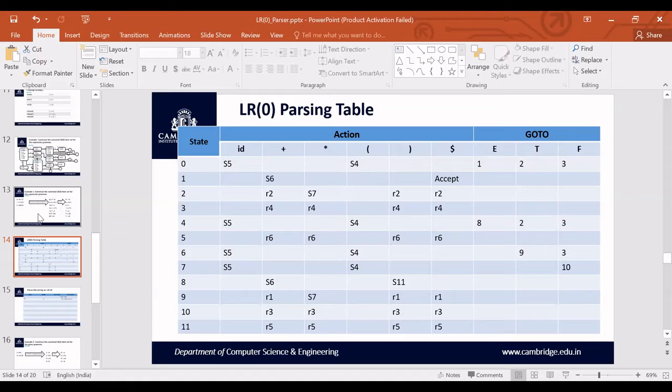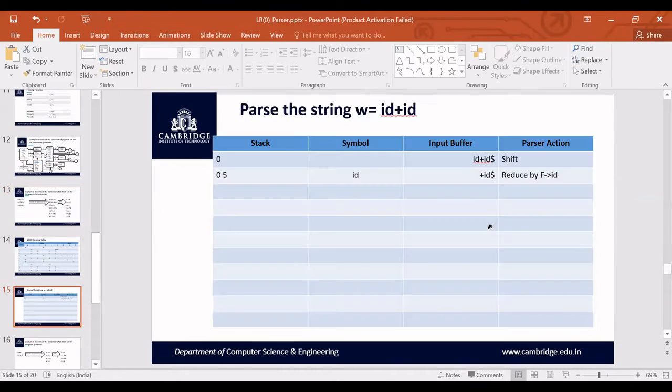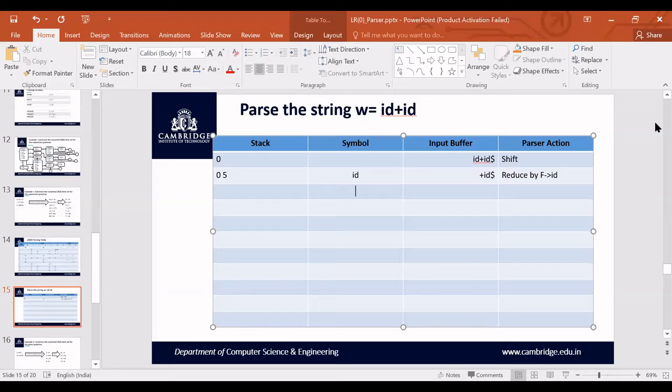What is this sixth production? Number 6. You have numbered the productions. What is the production at number 6? It is F derives ID. So R6 is reduce ID to F. Where are you reducing? You are reducing in the symbol column. Now you are reducing ID, or replacing ID with F. Have you performed any shift operation? No. So far, after the first shift operation, you have not performed any shift, and in the input buffer, the symbols are going to remain as they are.